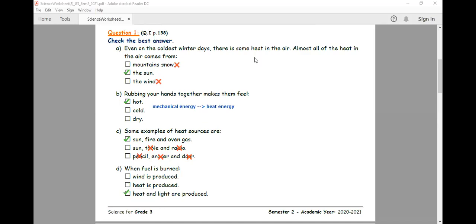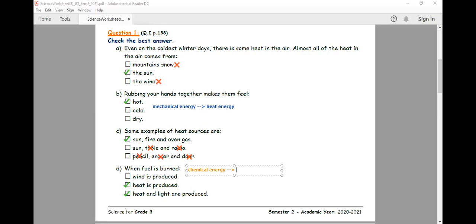Nasser, we're not allowed to write on the screen, please. So heat and light are produced, and if you choose heat only, this is also correct because I need the best answer. So heat is produced. Nasser, when we burn fuel, which energy is converted into heat energy? Is it chemical, mechanical, or electric? Chemical. Bravo, ya Nasser. When we burn things,